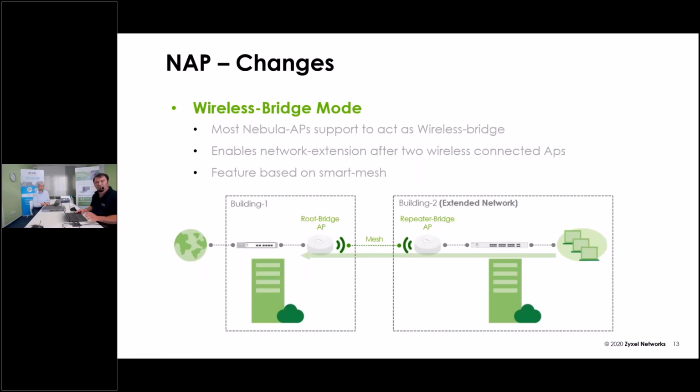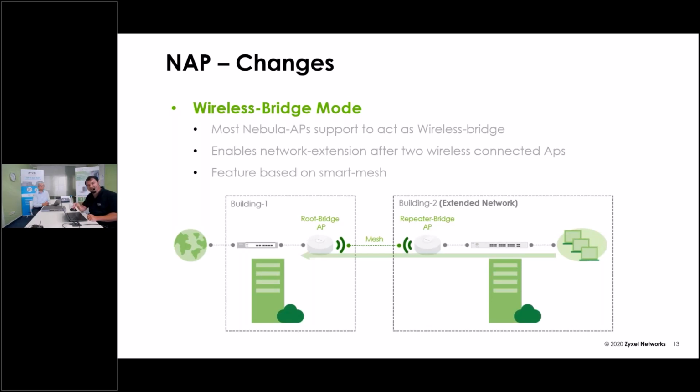Let's move over to a kind of sought after feature, the wireless bridge mode. Now, it's some time ago that we implemented Smart Mesh to the Nebula access points, which was also a very sought after feature. And wireless bridge is kind of the evolution of the Smart Mesh feature. What does that mean? Wireless bridge basically means that you not only repeat an SSID, but you're actually connecting two access points with each other in order to extend the network. On the repeater access point, or I would say repeater in quotation marks,